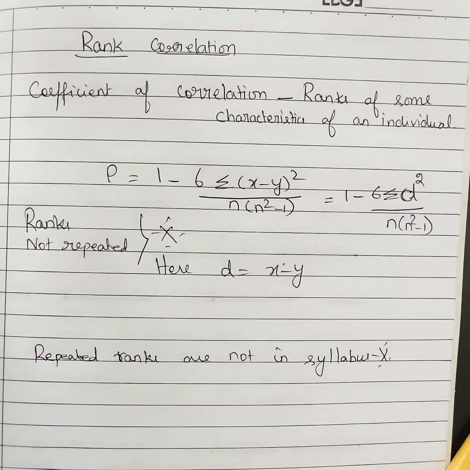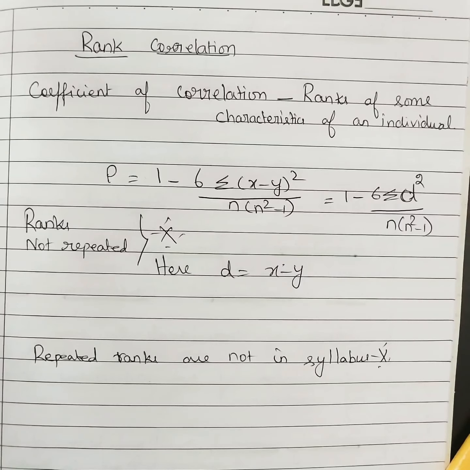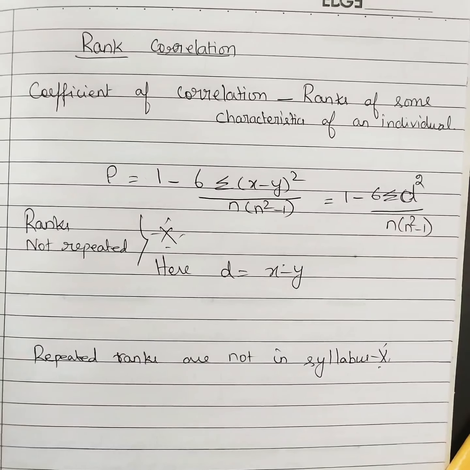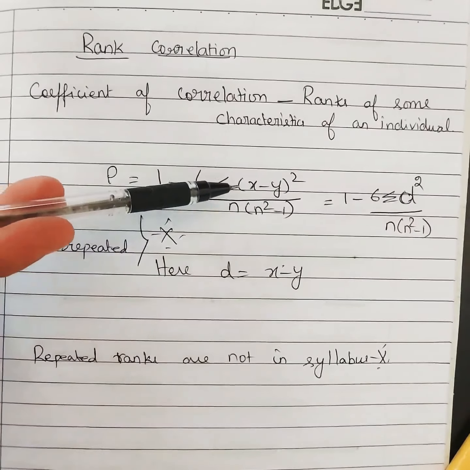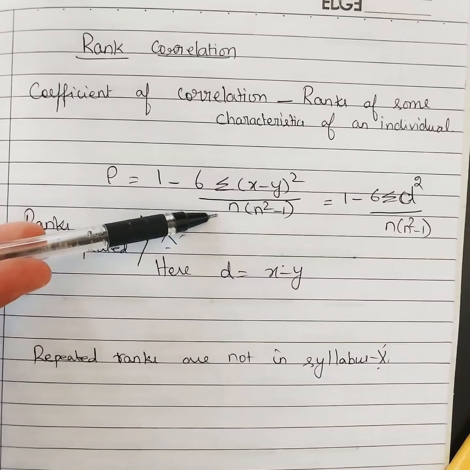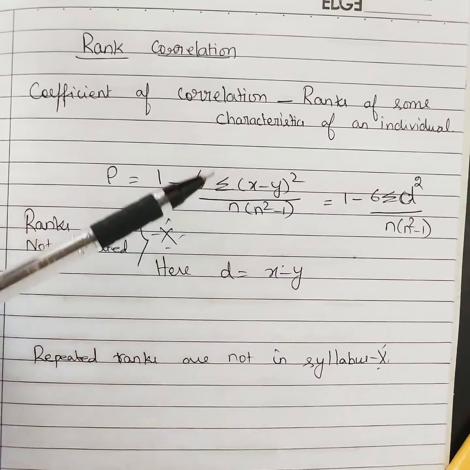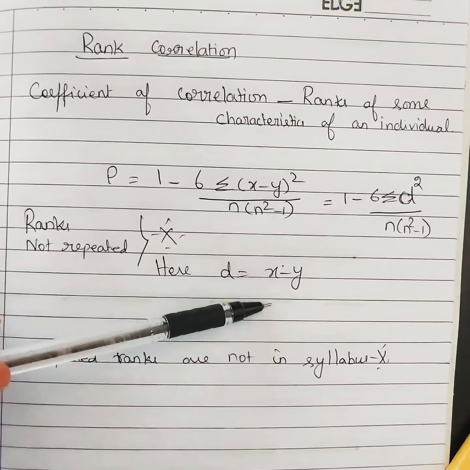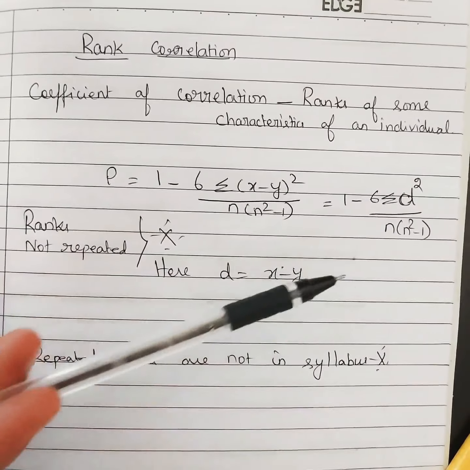We don't have the proof for your syllabus, but the proof arises from the formula that we have used, r in terms of standard deviation. We will be using that to get this formula: rho is equal to 1 minus 6 into summation (x minus y) whole square by n into (n square minus 1). n is the number of data given, say 10 data or 11 data, so we write n accordingly. Let us name x minus y as d, so that the formula is easy to write: 1 minus 6 into summation d square by n into (n square minus 1).